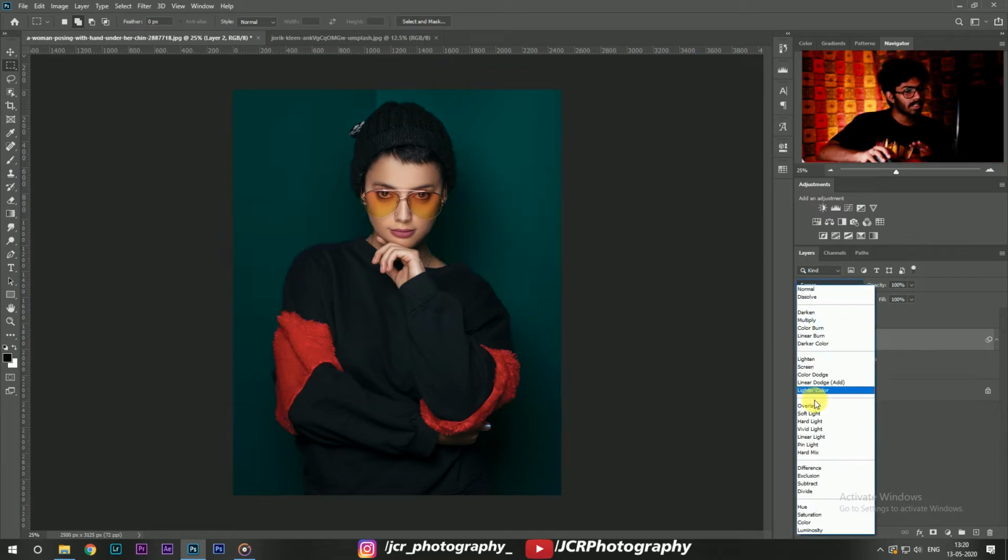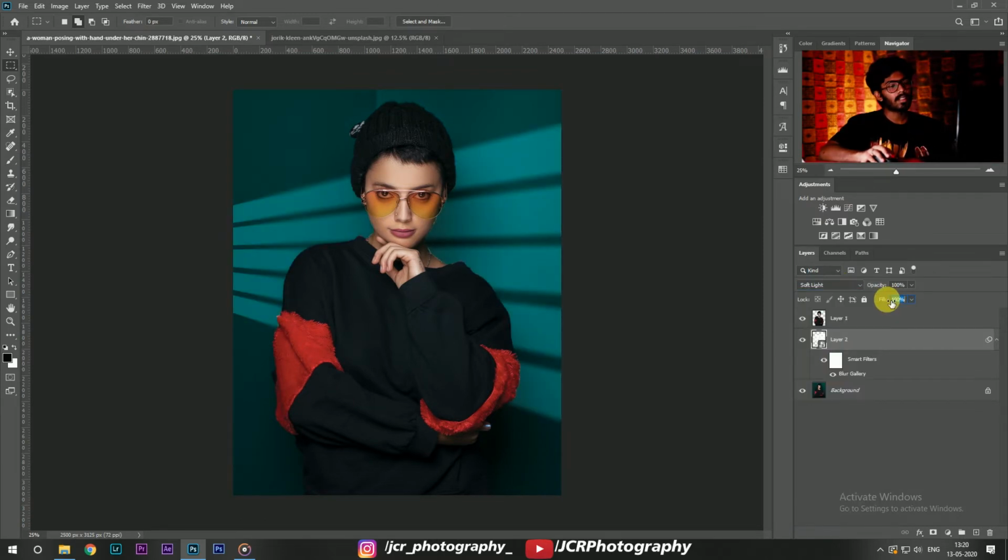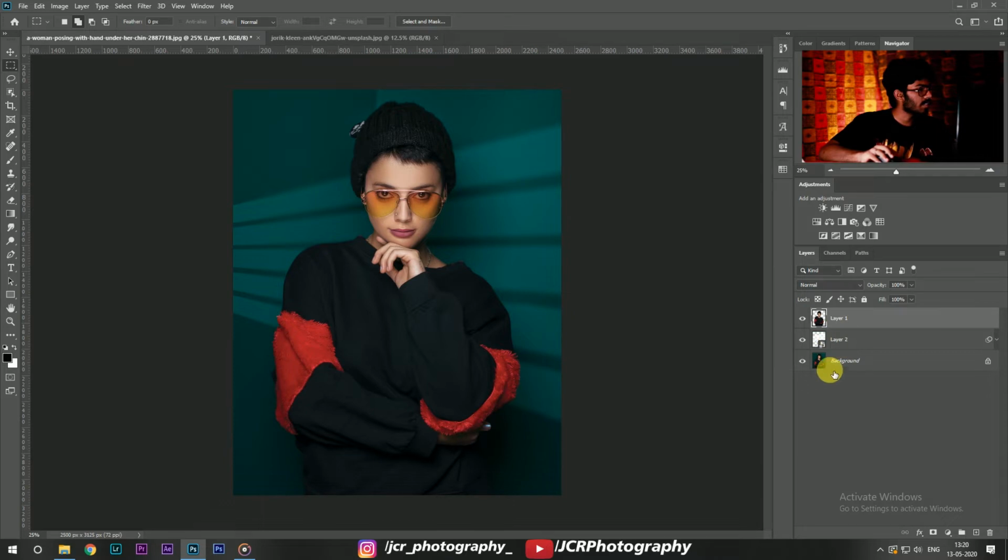And now I'm gonna change its blend mode to soft light, and I'm gonna reduce the fill value to around 40. Yeah, that's good, right? Yes. Then